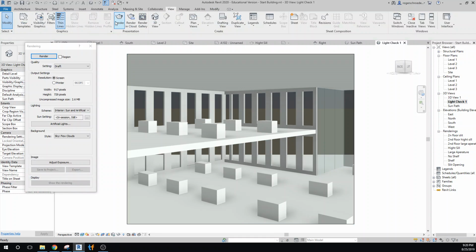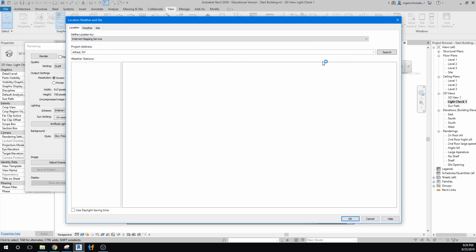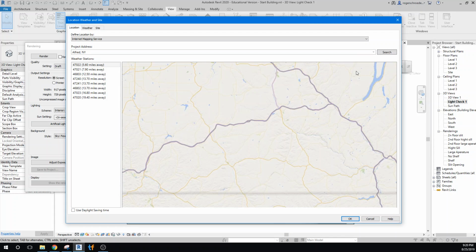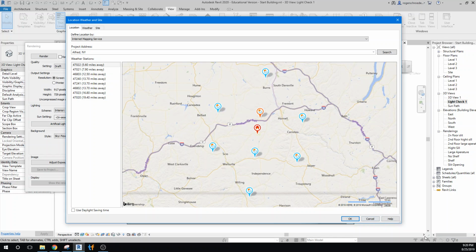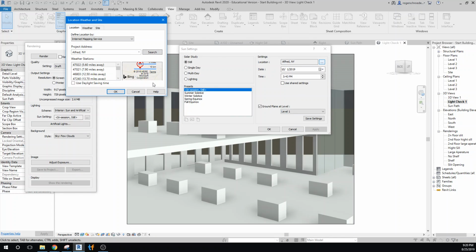What we want to do when we go to render it is we're going to render it in draft mode. I have the lighting scheme set up for sun and artificial, but we have no artificial light sources. But what's important here is that we set up our location. And I've gone ahead and done this, and I'll explain a little bit about this idea of selecting our place. First, I want to tell you of an error that happens. The first time you open this dialog box, it's going to open very small. And so if I was to say, I'll type in Alfred again, and I'll call it station this time,